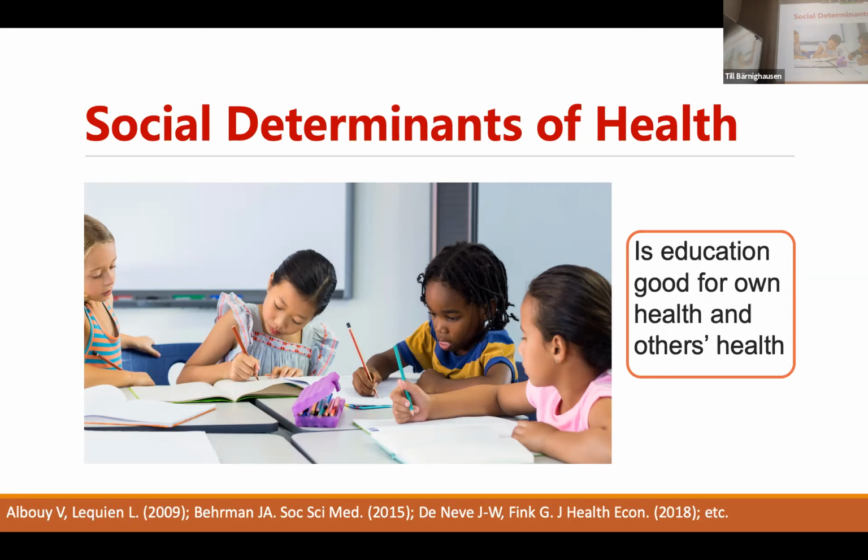One study by Young Water and Gunther Fink, published last year, found that children's education is good for their parents' health. It actually increases the survival rate of their parents if their children are highly educated. So it's a very interesting thing to explore, the spillover effect of these social determinants of health. And education is one example,